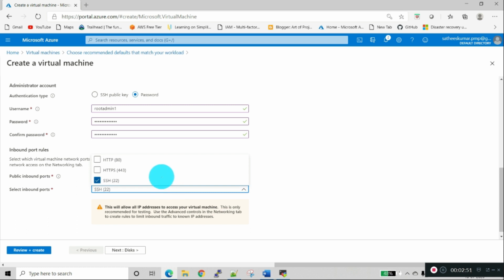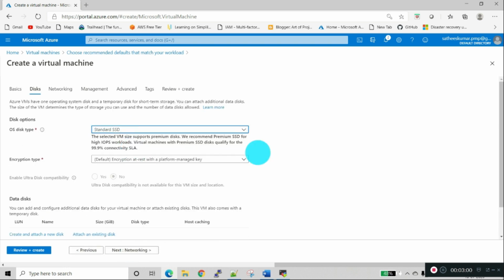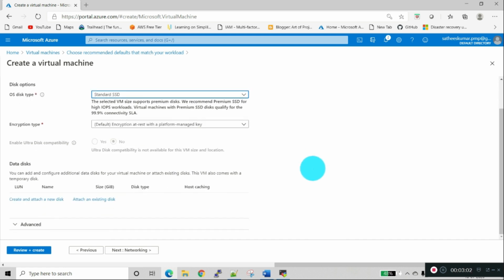I am enabling SSH and HTTP port. I am using standard SSD because we are using a trial version.